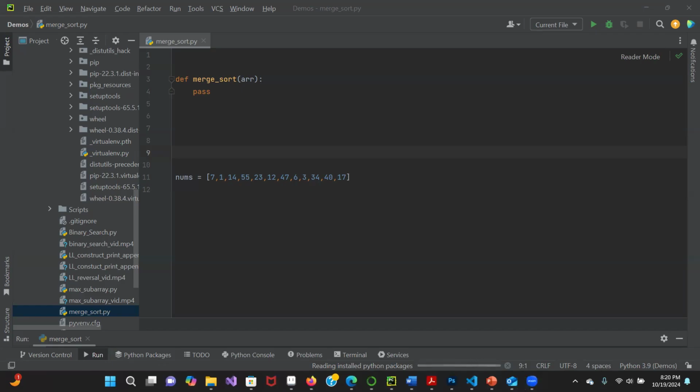In this video, we're going to be tackling merge sort. Merge sort is what you would think of as a fundamental sorting algorithm. In fact, when you call dot sort as a method on a Python list, when you want to sort it in ascending order, it doesn't use exactly what I'm about to write, but it does use a derivation of